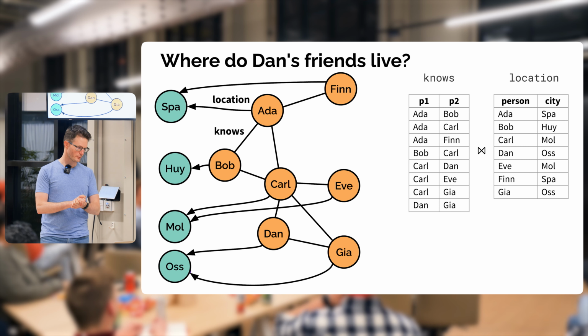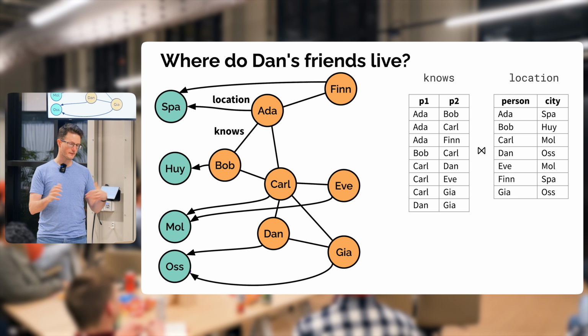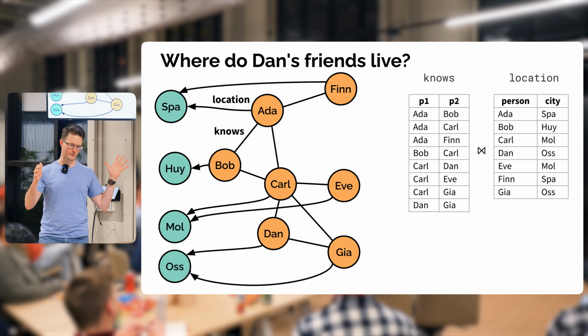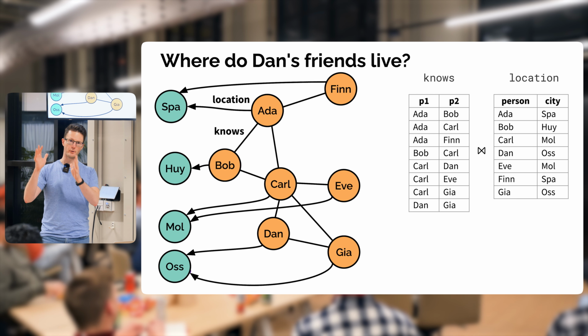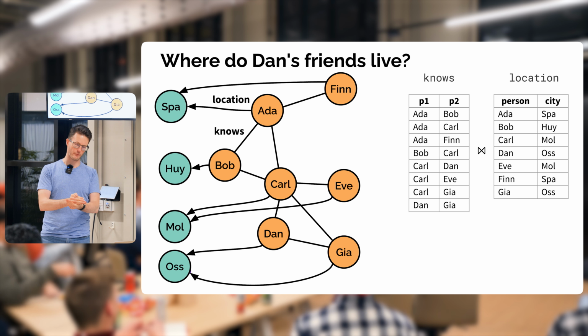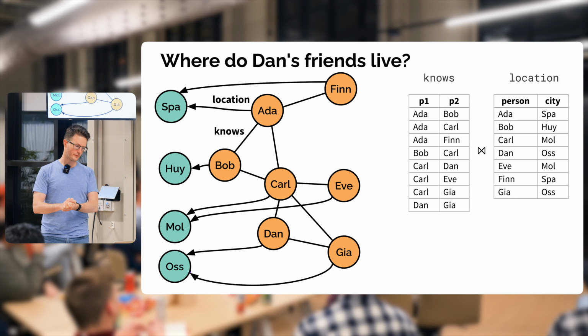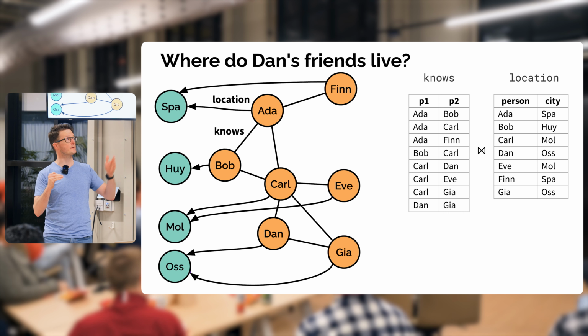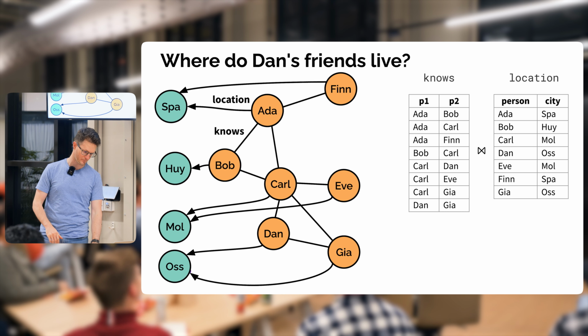For this, I brought you a little example query. Let's say we have the graph that we have seen before, and we want to know where the friends of the person Dan live. If we have the graph on the left, we can represent it with tables on the right. Person knows person is just a relation with 2 attributes, person 1 and person 2, P1 and P2. Location is similarly easy: a person lives in a city. To find where Dan's friends live, we filter for Dan, and then we do a join, symbolized by the little bow tie symbol in the middle.